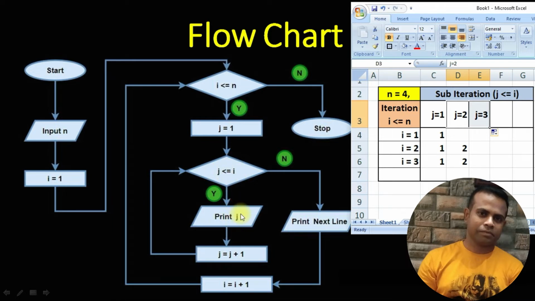Now it will go here and again print j. So what is the j value? The j value is 3. So now it will print the j value as 3 in the third line, and then it will increment the j value with 1. So now j is 3 plus 1, 4. It will go here and check 4 less than or equal to I, which is 3. So 4 less than or equal to 3, no, it will go the no path and go for the next line, and